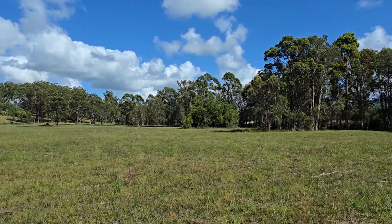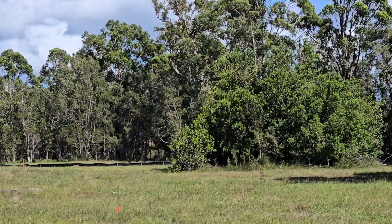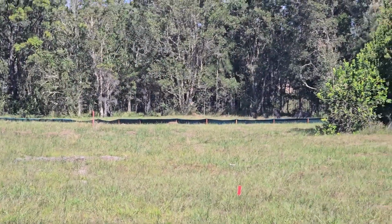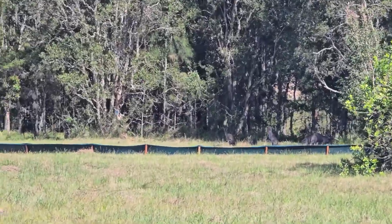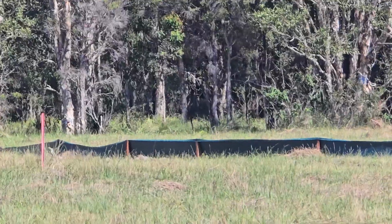Just this video is about looking at the green retention area to the northeast green belt of the estate. I'm just zooming in now. We should be able to pick up a pink peg. There we are. So from there